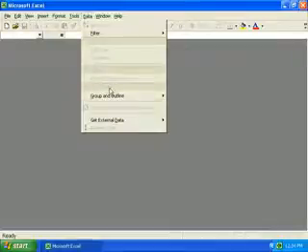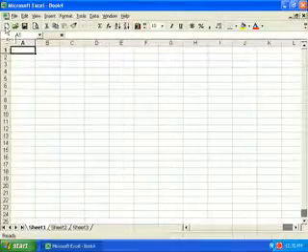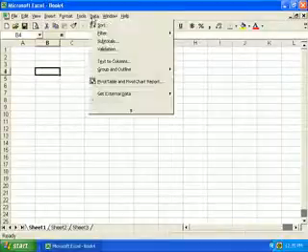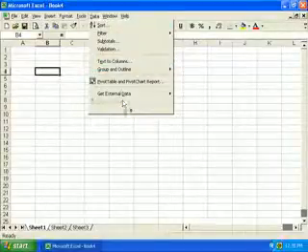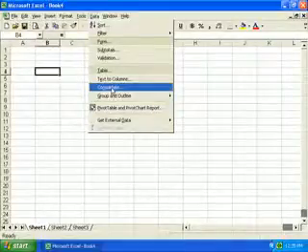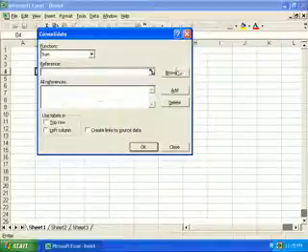And now we're looking for Consolidate, but we can't find that at the moment because first of all we need to click the New tab and bring up a worksheet. And now click in B4 and go to Data menu, Consolidate. There, it's active now. Now click on the Browse button